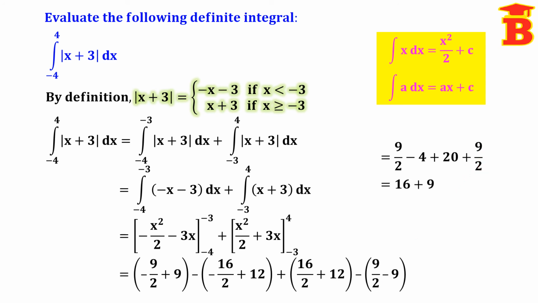Next step, 20 minus 4 is 16, and 9 by 2 plus 9 by 2 is 9. So the final answer is equal to